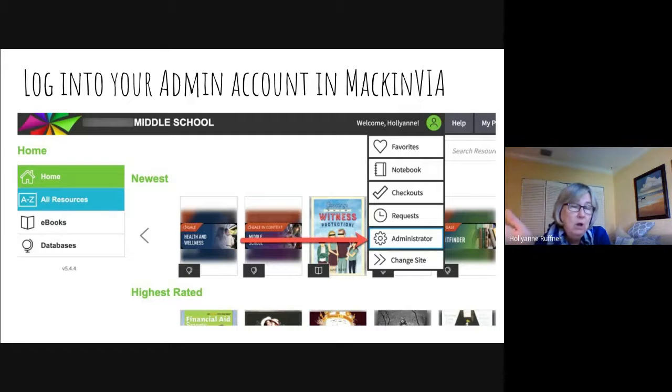And you can have a login. It doesn't mean you have to buy ebooks from them if you want them to show up on the Mackin Via shelf. But you don't have to be a customer to have that login. So if you don't have one,